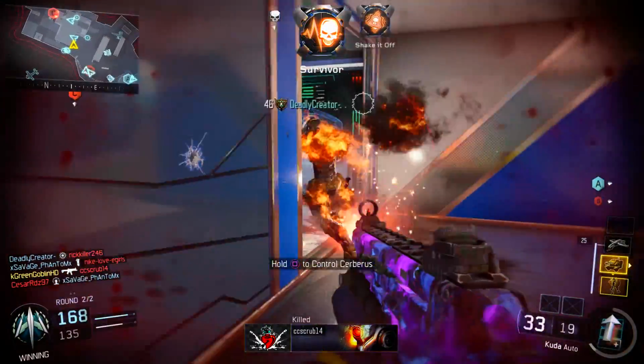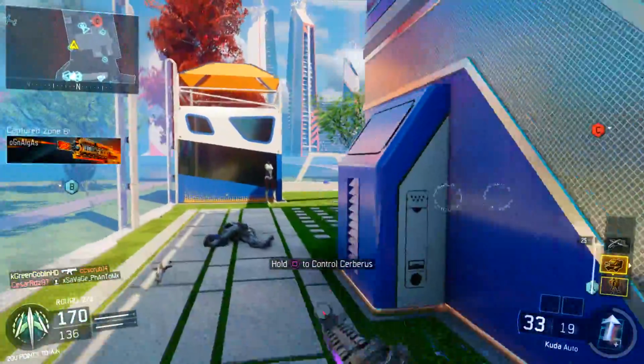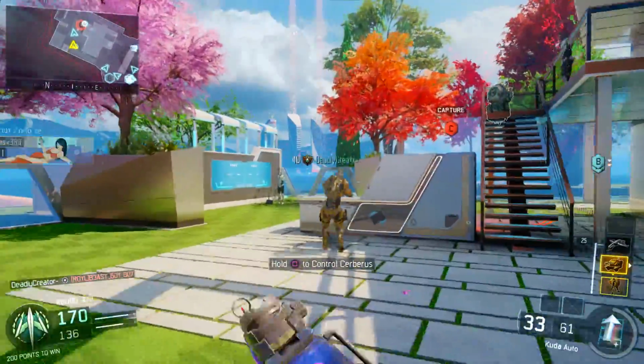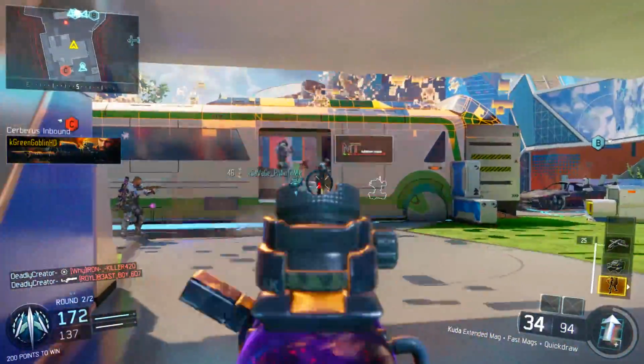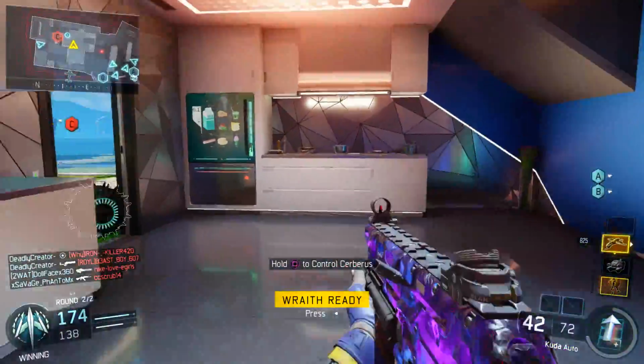Then I call those in. You guys can see here I'm getting all my streaks. I got the Cerebus, I got the Hardened Sentry, but they're just spawning all over here, and I don't really have the time to call them in, which is one of the downsides to the score streak setup. The Cerebus doesn't really take long to call in. You just click it there,